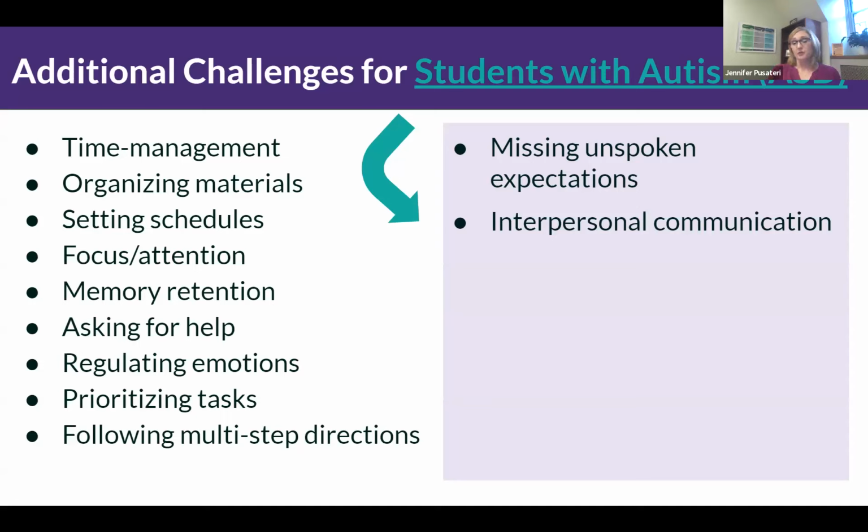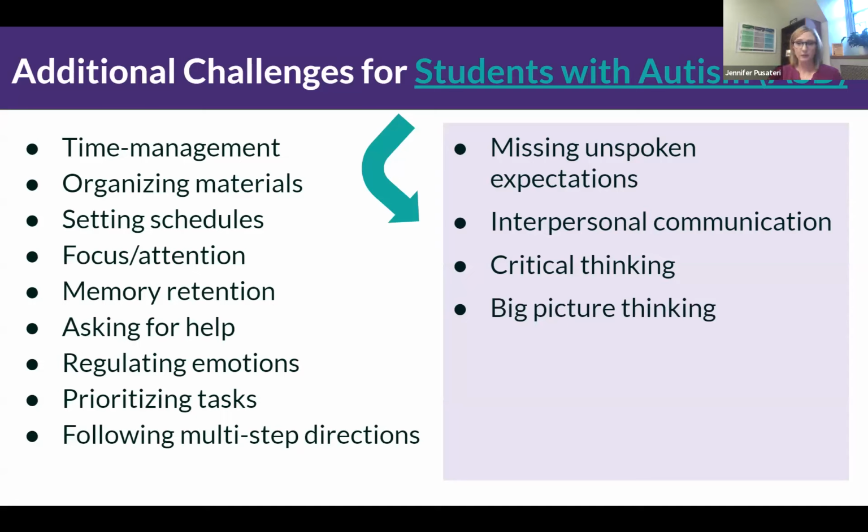Interpersonal communication, and I know some of the questions address this that you all posted in the chat box earlier. But it can be very difficult to do things like group work, partners, having class discussions. Critical thinking can also be an issue, and that's kind of intertwined with this idea of big picture thinking. That can be difficult. Some folks with autism will have issues looking at the big picture. They get a little bit focused in on details often. And so that higher level, big picture thinking is kind of difficult.